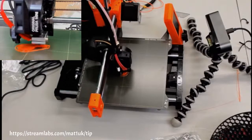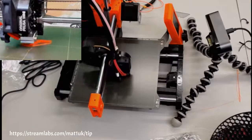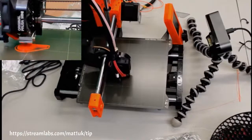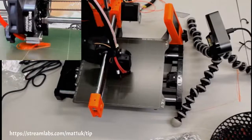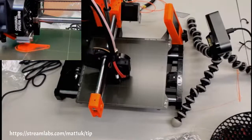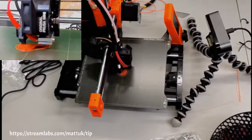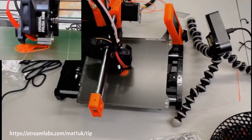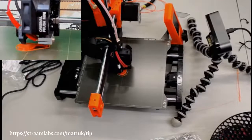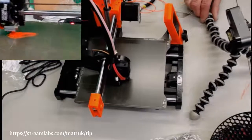Oh, if only it was that easy. It's actually focusing a bit better at the moment. Well, it's trying to. So as you can see it printing away there, if we just pull back to the screen here,